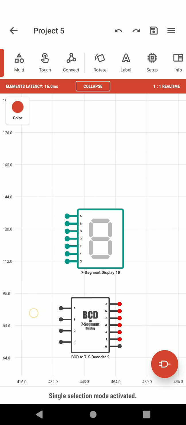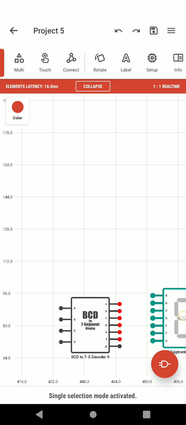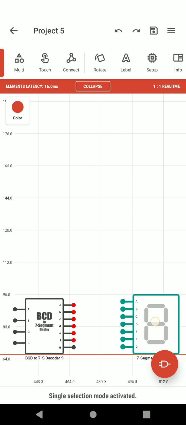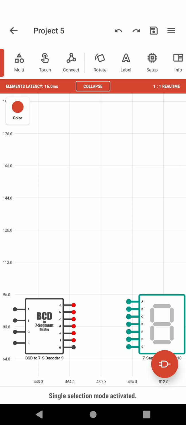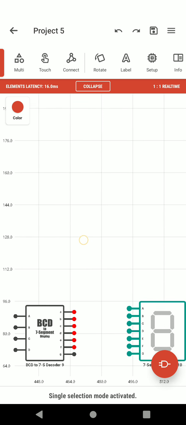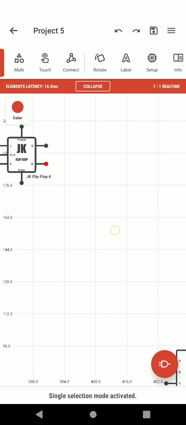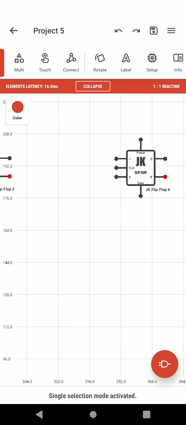So BCD is just to convert the binary system into decimal system, because here the output of flip-flops is in the form of binary numbers. So because of that we need BCD so that it can convert binary numbers into decimal numbers, and this display can show us the decimal numbers we need.